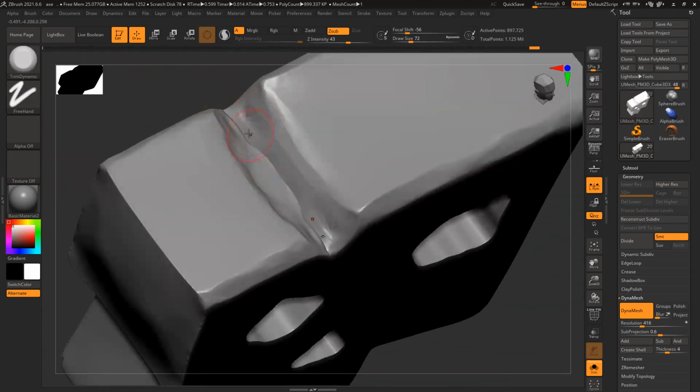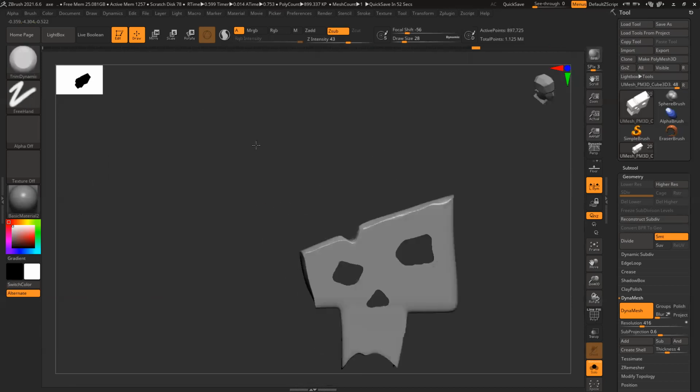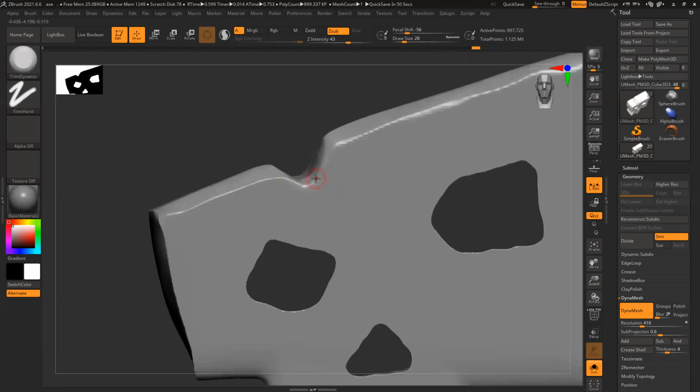Now I can reduce the brush size and fix this all smooth also. This thing, shift and smooth it so that any pinch or any kind of thing will go. So this is far better, but still I have to make it a little more sharp. So I'll do that slowly. Let's block out other stuff, other parts.